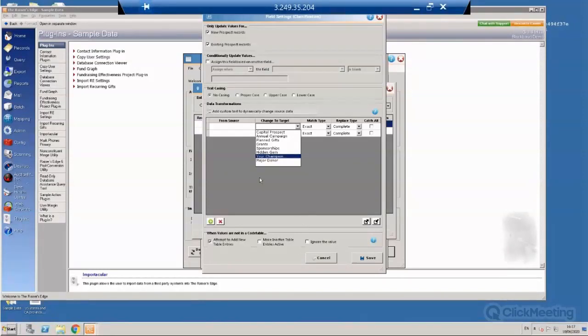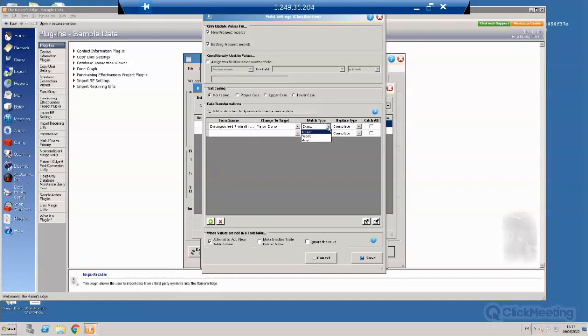But if I wanted to, with my options there for like distinguished philanthropist, it's not on this list, but let's say that those distinguished philanthropists should become major donors. I can type in distinguished philanthropist, and I can change it to major donor. That's going to avoid creating another table entry there, but it's going to allow me to transform what's in my source into major donor. A couple of other things to note there is we do have a match type here